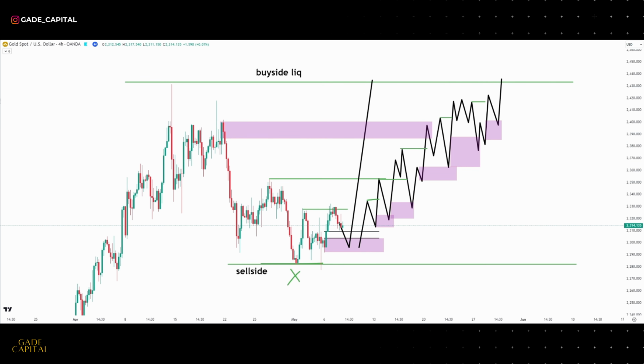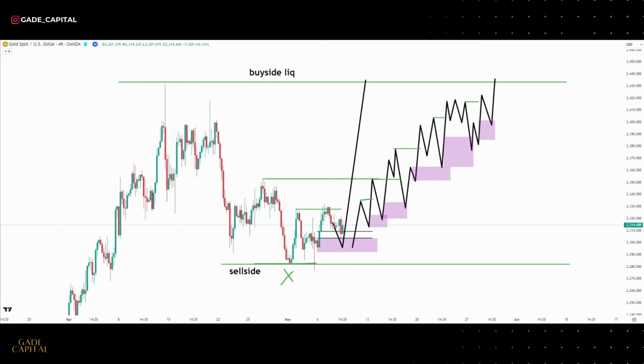And for sell side, we will look for order blocks which are unmitigated, and then we will look for confirmation entry. So what do I mean by that? For example, there is an order block over here. If price taps this order block, then we will look for change of character on a lower time frame such as 15-minute or 5-minute, and take profit will be your next demand zone. And another entry to the downside will be if price creates liquidity,